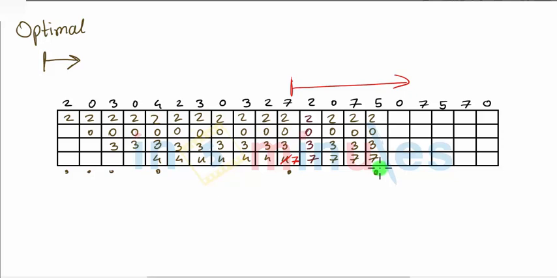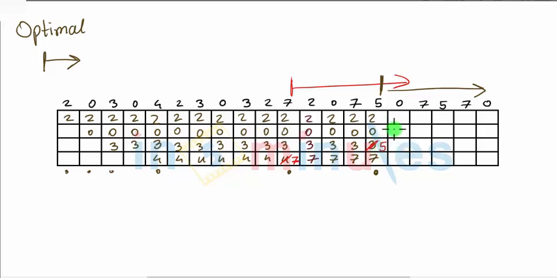Now we don't have 5 in this. Let's see, with reference to 5, moving ahead, see what we have. We have 0, we are not going to remove. 7 we have, not going to remove. 0 7, so what is left is 2 and 3, anything can be removed. If we talk about least recently used, 2 was used recently, but 3 was not used for a long time. In this case I'll remove 3 and put 5 in its location.